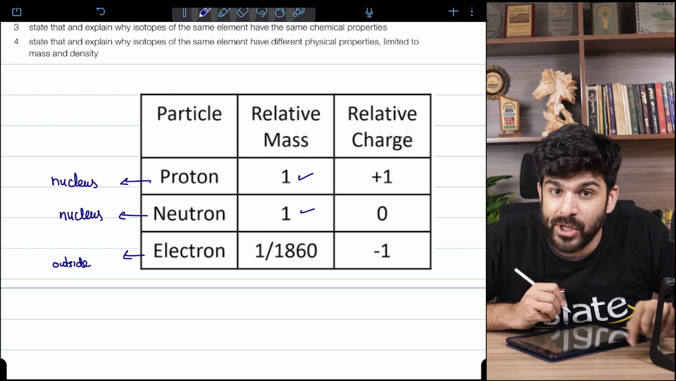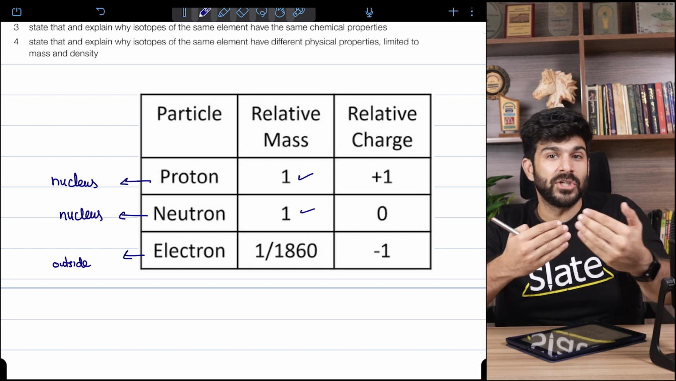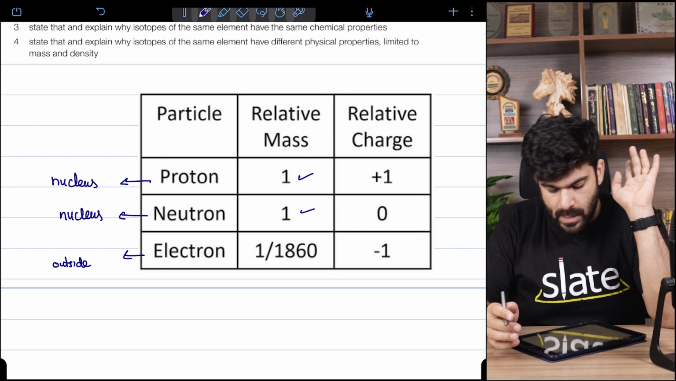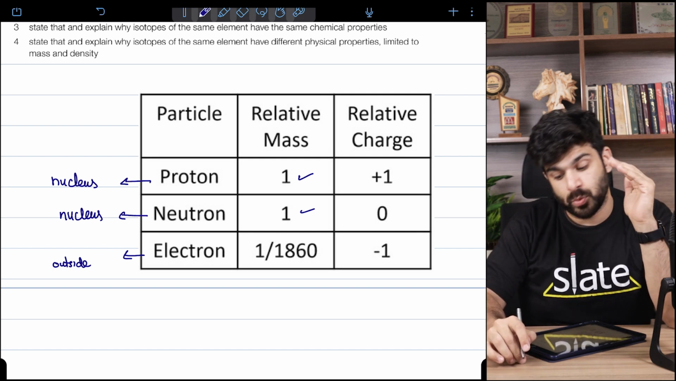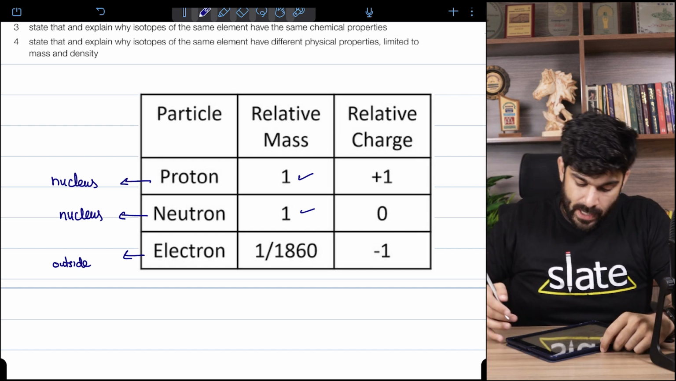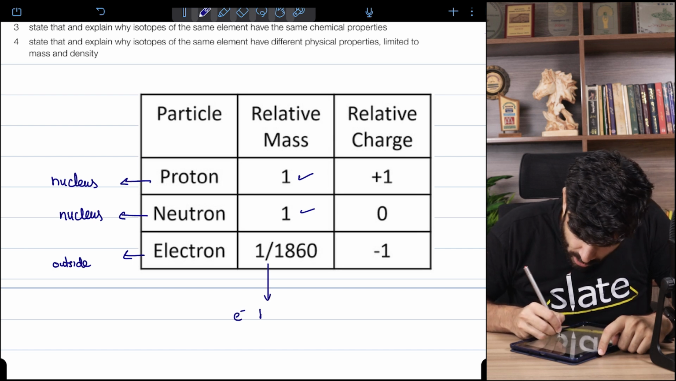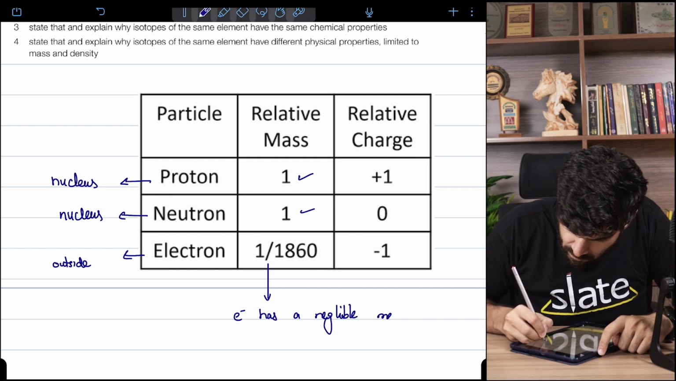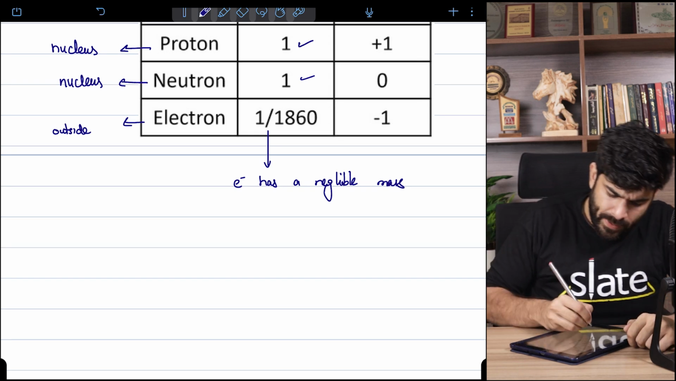This relative does not mean your relative, your papa, your uncle. This means in relation to. So mass of proton in relation to neutron is 1. But the mass of electron, if proton and neutron is 1, mass of electron is 1 divided by 1860. That's so less that we say electron has a negligible mass. Almost no mass. And that is why when we define atomic mass